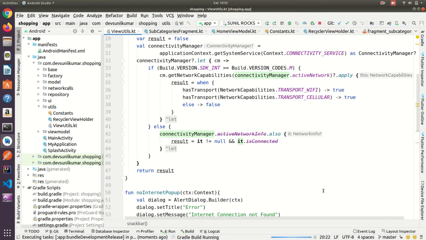I'll show you how the size varies between APK and app bundle. This time I have generated an app bundle, and again I am going to generate an APK. Same application, I am not going to change anything. Wait a few minutes.